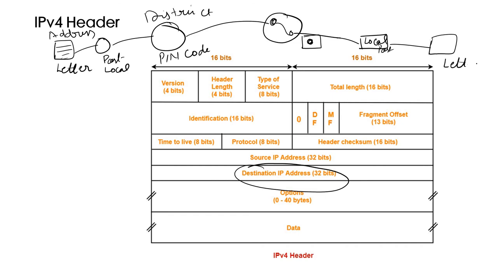So the same thing is happening with the IP packet. Every router is looking at the destination address and just forwarding the IP packet. The same thing is happening in the postal system. Every post office is reading the address and just sending it towards the correct address. So it is very similar to our postal system. The same thing works in IP routing. But the most important part is that the destination address and the source address never change.